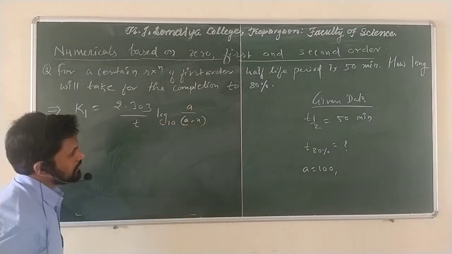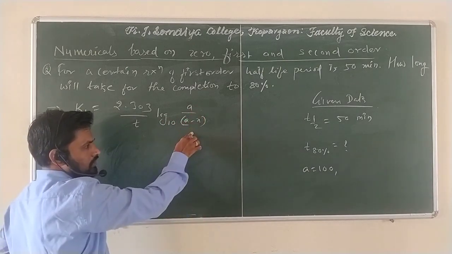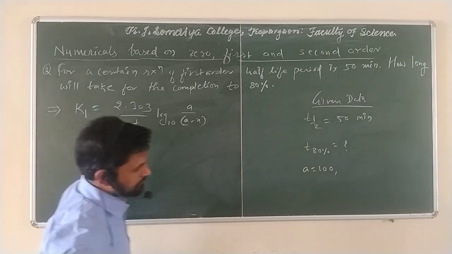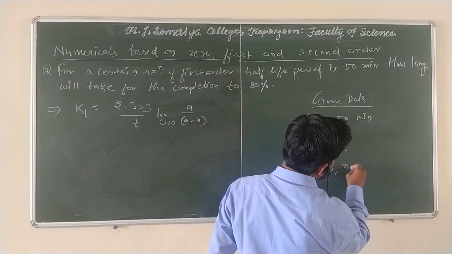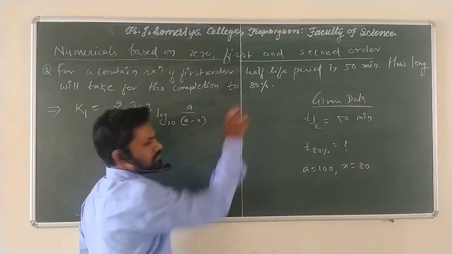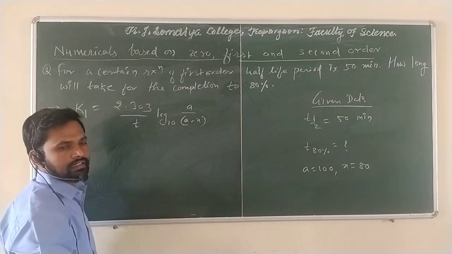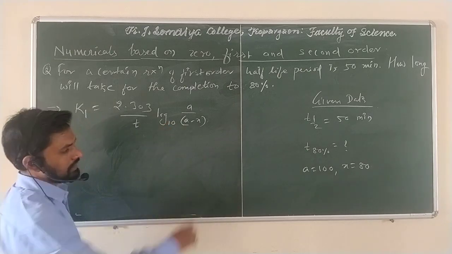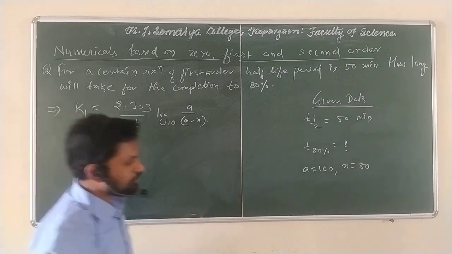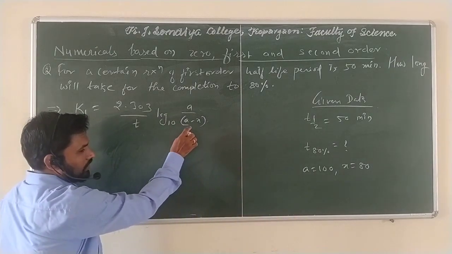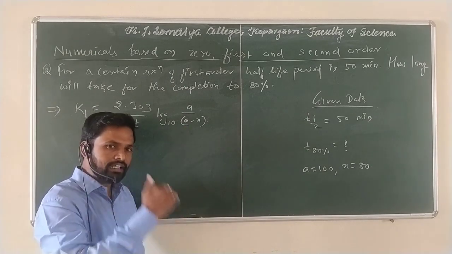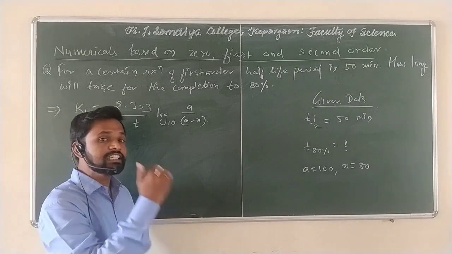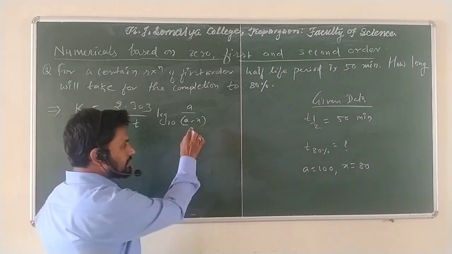What parameters do you require? You require the initial concentration, and you require the concentration at time T. At time T, a percentage is given. So A equal to 100, X equal to 80 means 80% is completed, no? So that time you have to calculate. 80% complete होण्यासाठी time किती आहे? X equal to 80, that is the product. And what is remaining now? What is A minus X? Always A minus X is the remaining concentration of the reactant. Reactant concentration किती शिल्लक आहे? How much is remaining? That is the A minus X.